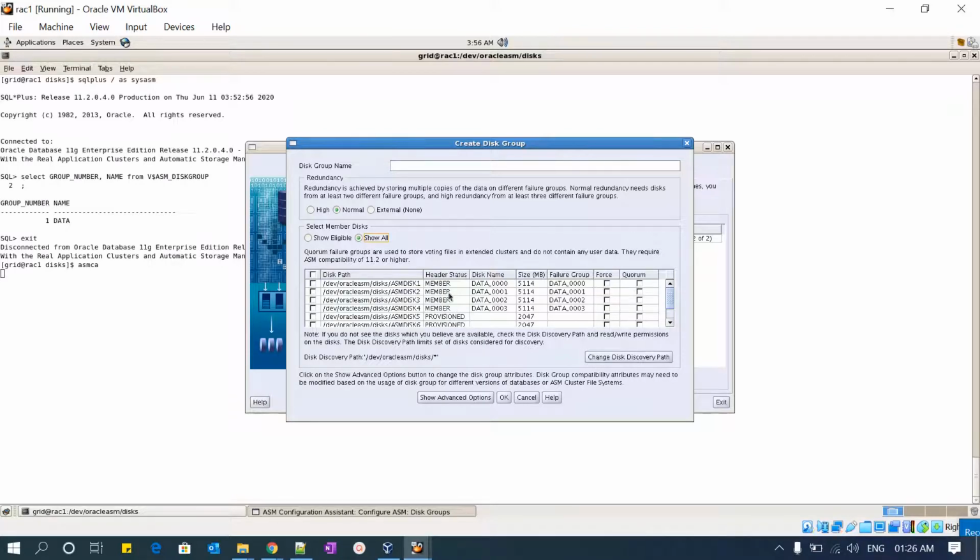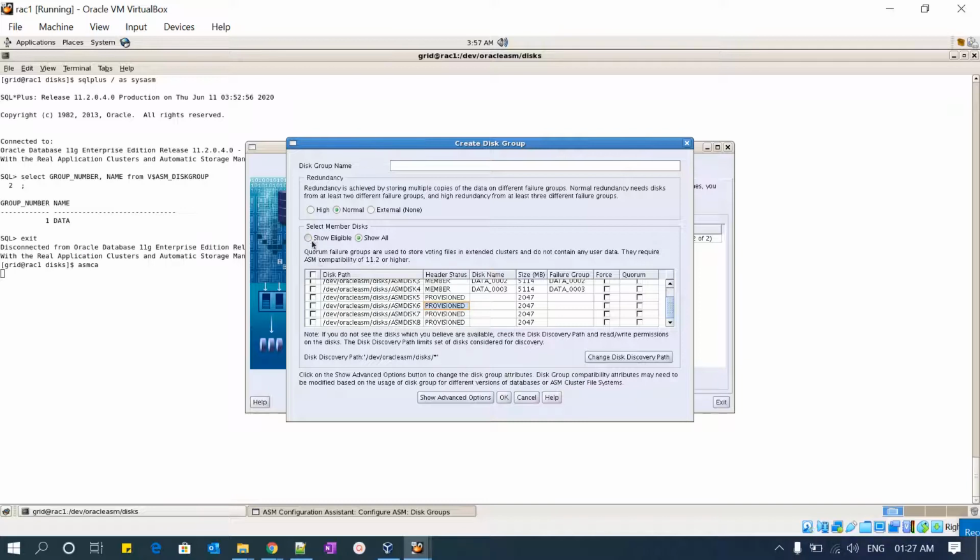Member means it's already a member of a disk group and it is used. Provisioned means raw devices we formatted using ASM library and then gave to ASM. If you use the direct raw devices, the status will be candidate. There are many statuses of the disk, each representing how it has been provisioned, and whether it is an old disk, new disk, raw disk, ASM provisioned formatted disk or already a member of a disk group. There are so many statuses, I'm not going to cover them right now.